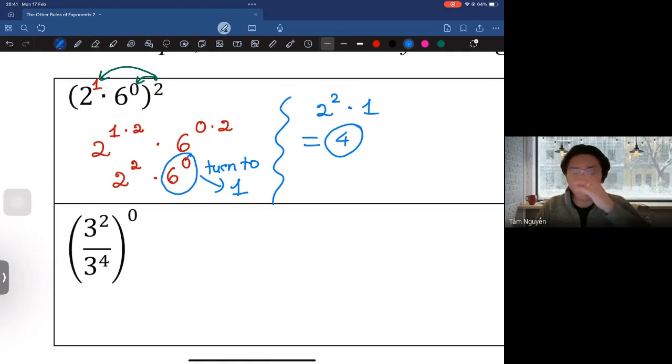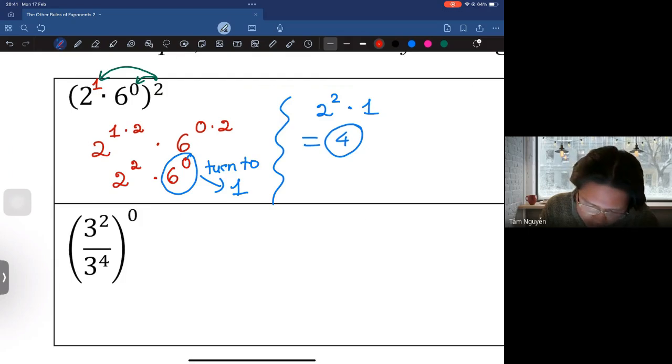Okay, you see that? It's just that the zero exponent rule says that anytime you have something with the power 0, it's automatically equal to 1. All right. And then here,